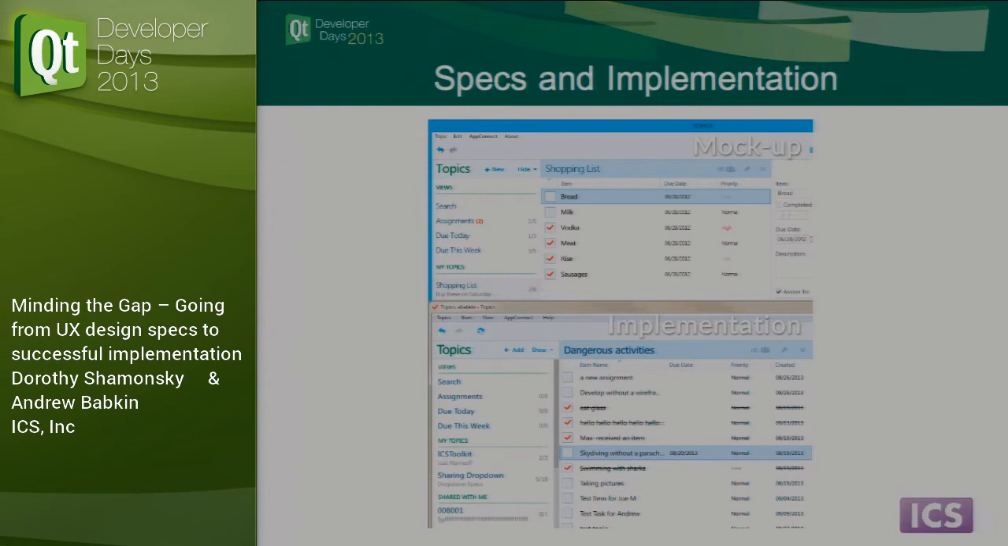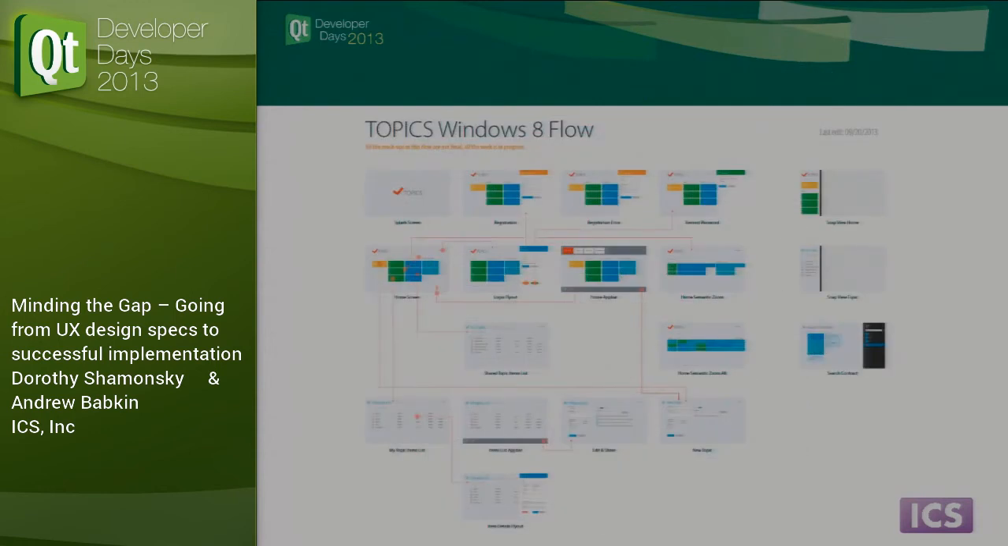And the next platform we were developing for was Windows 8. But since it's an in-house project at ICS, we didn't have enough time to make the same specs, but we managed to provide the development team all the mockups of the main screens. We made a flowchart showing how everything works, and of course, we did mind the gap by following the Windows 8 specifications,